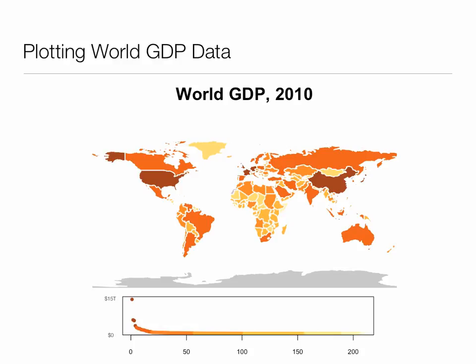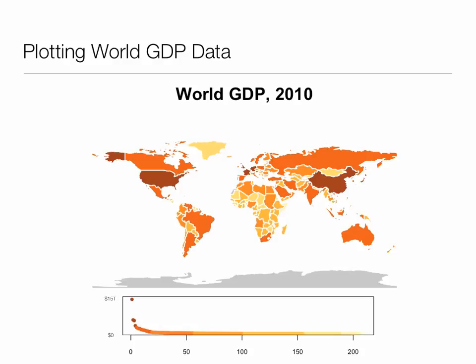First of all, it tells you that the countries with the highest GDPs are the ones that are darker colored, but it also gives you a snapshot of the distribution of GDP around the world. So this is another example of having one element in a graph do as much for you as it possibly can. In this case, the legend is doing a couple things. It's showing us what the color coding means, but it's also giving us a look at the distribution of GDP around the